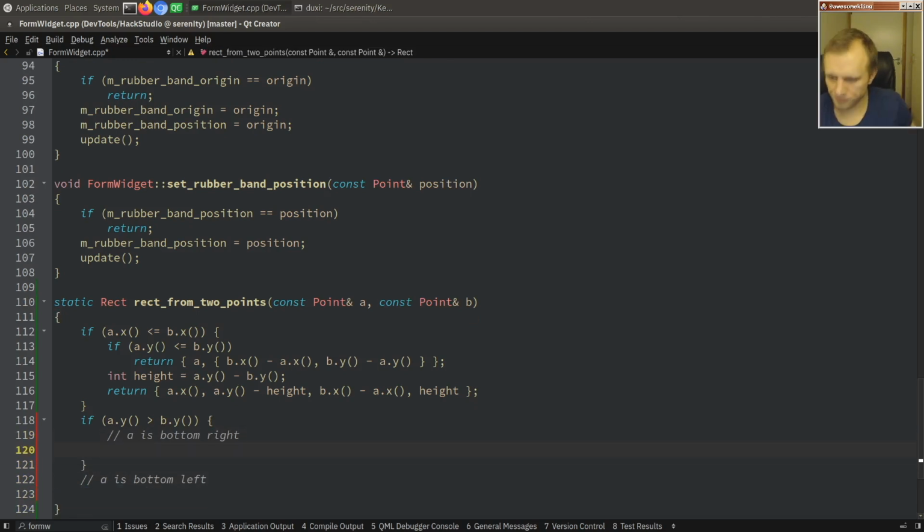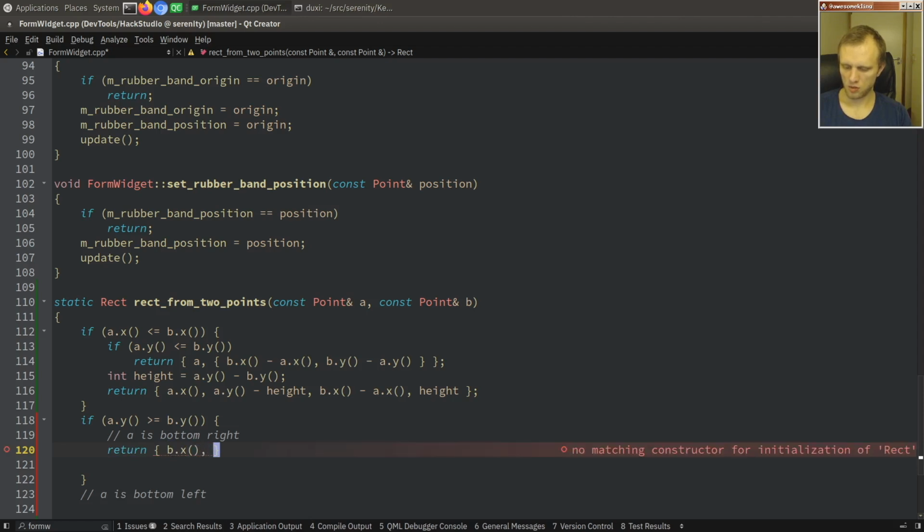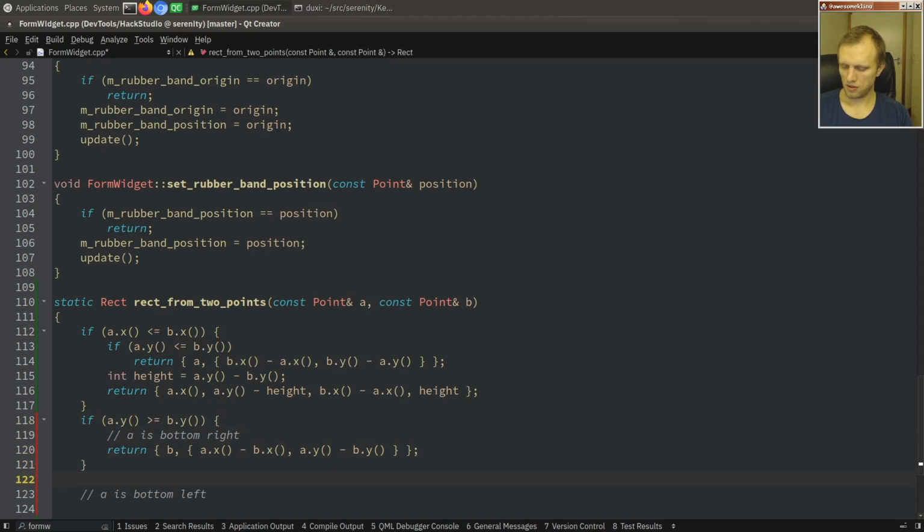Okay. So, if A is the bottom right, then the X is B.x, the Y is B.y. So we can say B is the location, and the size is A.x minus B.x, and A.y minus B.y. It's pretty straightforward, actually. And finally, if A is the bottom left, then